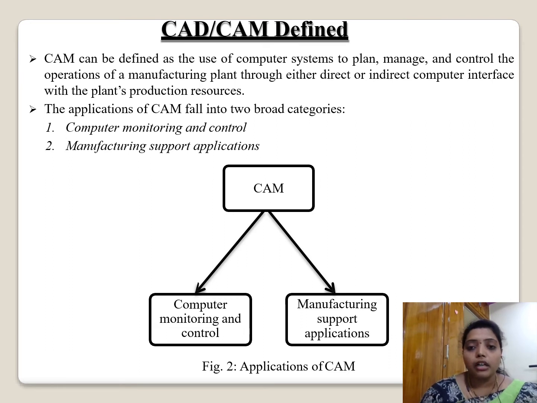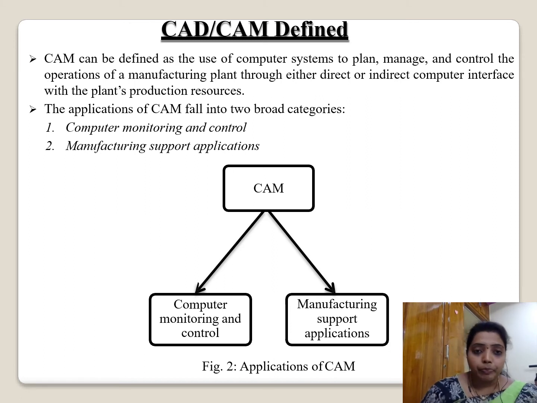For example, you can keep in mind Nelcast industry, how they are manufacturing. You can observe all of that directly. You go through the industry and observe all those things: those CNC machines, how they are manufacturing and testing, everything you can observe in that industry. Through this subject, keep that one in mind. Then you can easily understand what CAD is, what CAM is, and how it can be observed. You already designed in the second year.